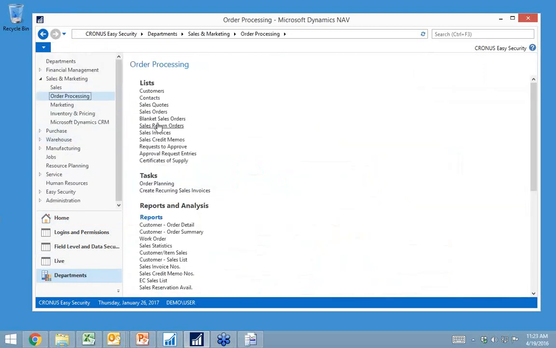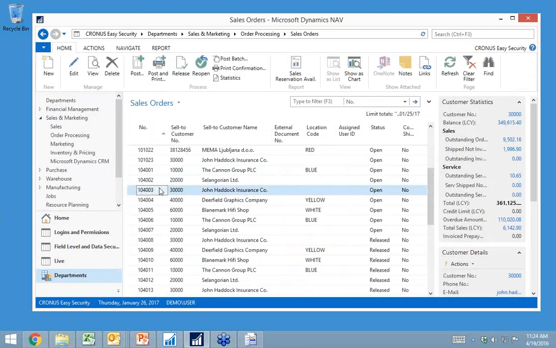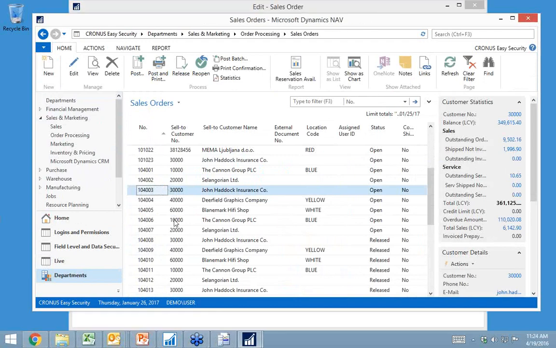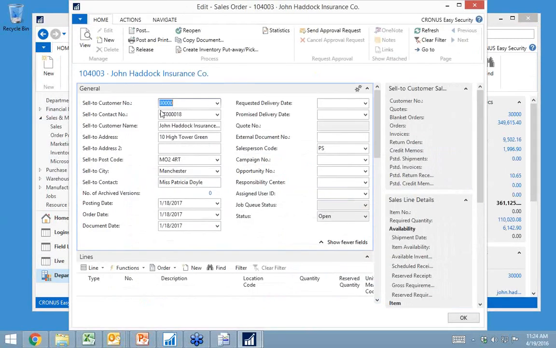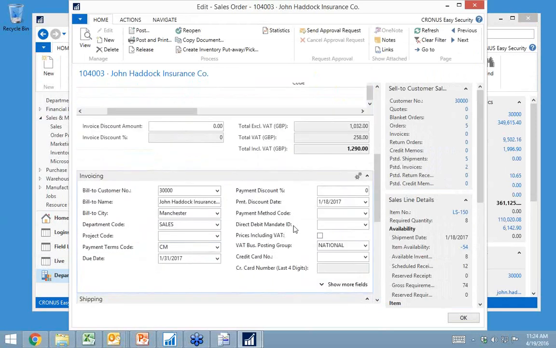If I look at a sales order, I would be able to create a sales order as a salesperson, but as I can create a sales order, it means I can change any field. So just because I can edit this sales order and select a customer, it doesn't mean I should be able to change the payment terms or things like that.